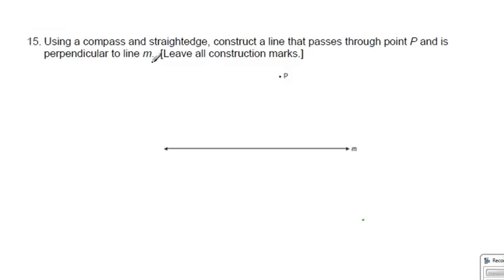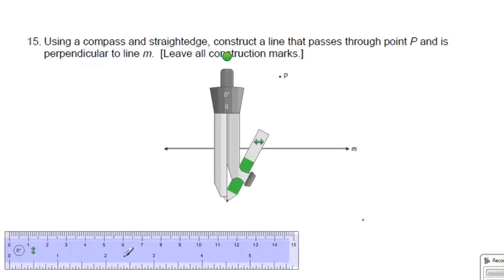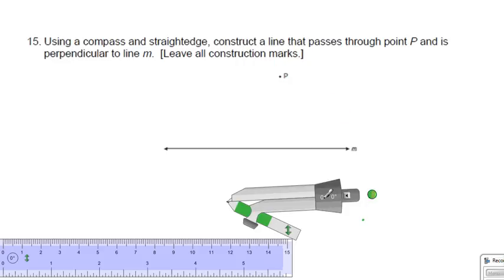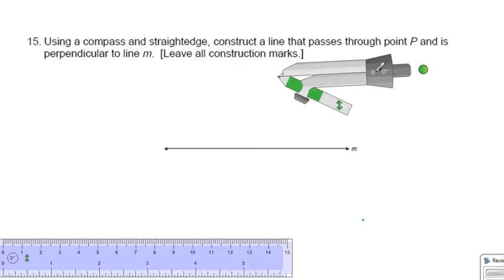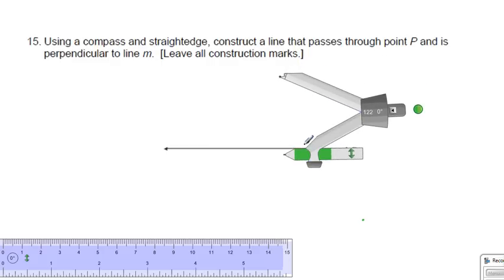Here, using a compass and a straight edge, we want to construct the line that passes through the point P and is perpendicular to line N. Then, once again, we will be needing a compass and a straight edge. Now, first, what we like to do is this. We want to come up to this particular point P, and then we want to go a bit more than the distance between the point and the line, and draw